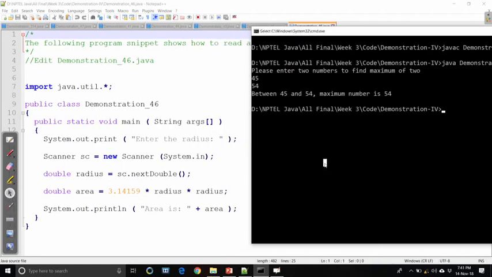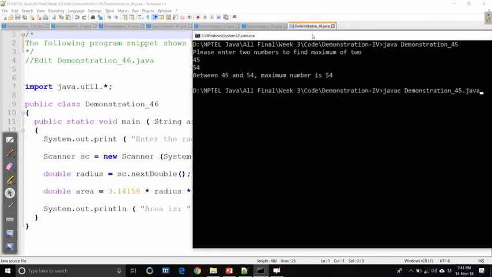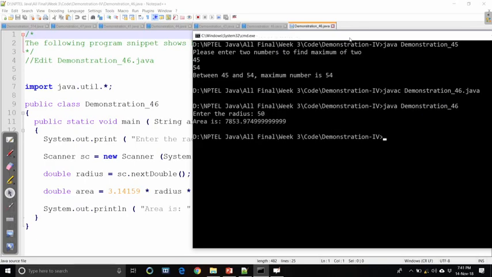So, let us run this program. Here we can give 50.5. Anyway, no problem, although we entered 50, it takes it as a double format.